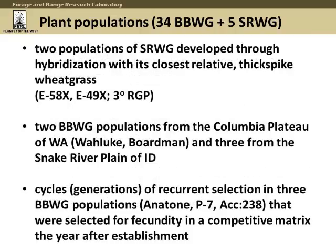Another group, we had 2 populations of Snake River wheatgrass developed through hybridization with its closest relative, which happens to be thick spike wheatgrass, and these are denoted by an X following them. When we do this kind of manipulation across normal genetic boundaries, this is what we call the tertiary restoration gene pool. Actually, that's relative to Snake River wheatgrass, not relative to blue bunch wheatgrass, but just to give you an